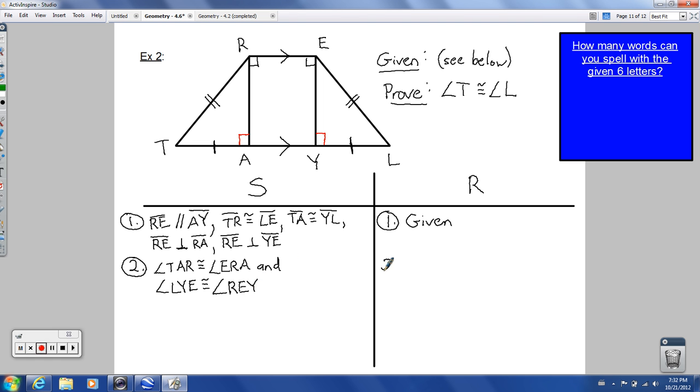Why would that be true? Okay, well, I could say that's true. We just said it: alternate interior angles. They are alternate interior angles. All right, so